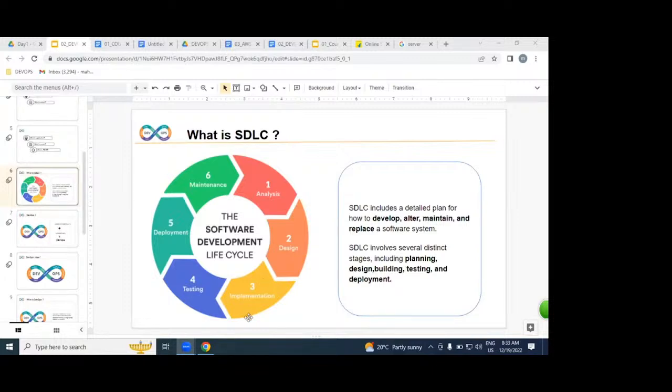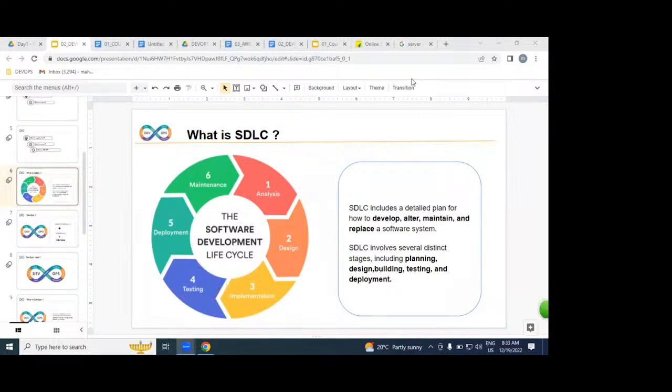If you are working in IT software, you are part of this. Developers are working on where exactly? In the implementation part. Testers are working on where? Or DB administrators, DevOps engineers, AWS engineers, Linux administrators. All together, we are going to be working in SDLC. By end of the day,